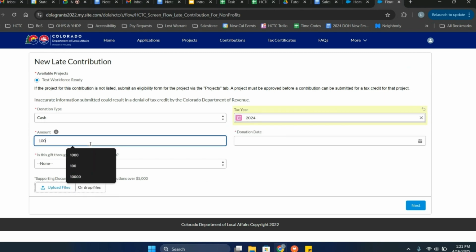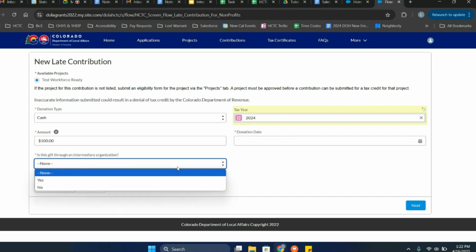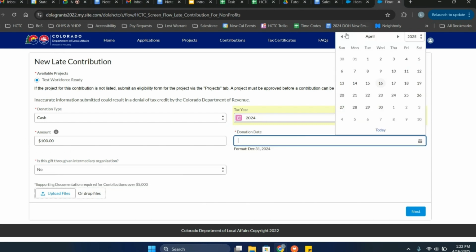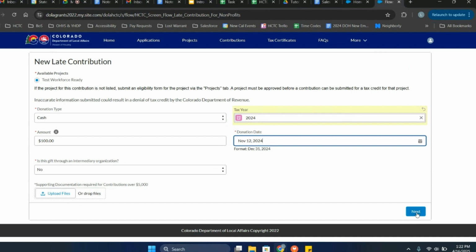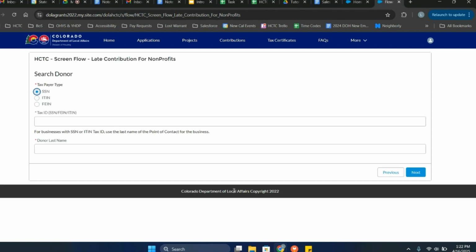Donation amount, you can input that here. If it is over $5,000, you will need to attach some supporting documentation. If the gift is through an intermediary, you can click that here, and then the donation date, you can also put in this field. And we're going to click the blue next button on the bottom right,